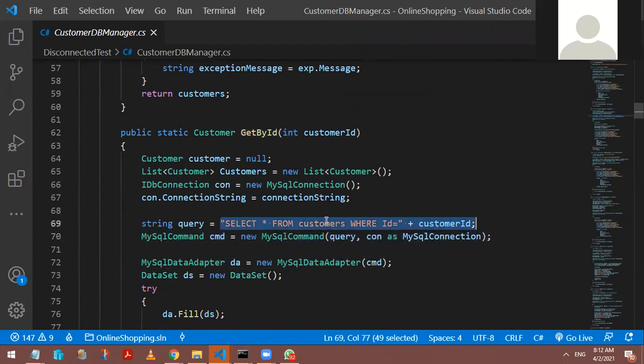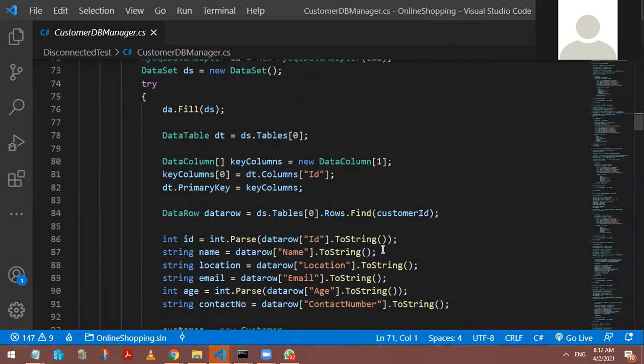This is not a good practice, writing concatenation this way. You should always go for parameters, because this creates the problem of SQL injection, correct? So that's why this is okay. You get the result. I understand. We can again follow the same kind of work, get that data.